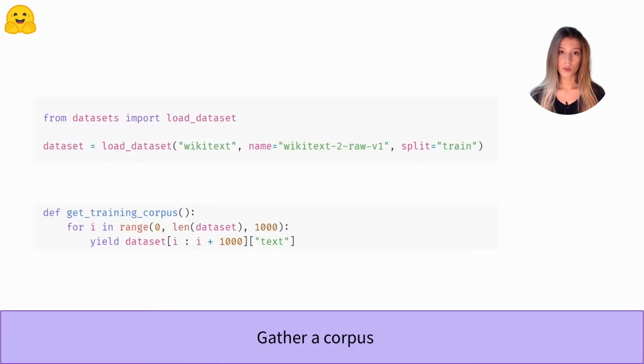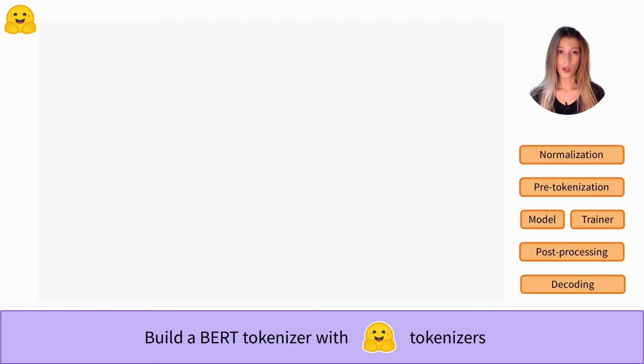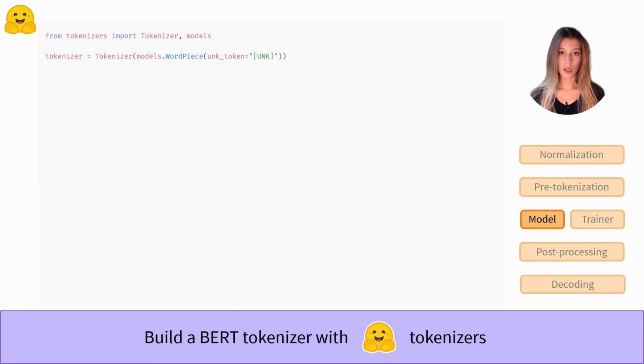The first thing to do is to create a dataset. With this code snippet, you can create an iterator on the dataset wikitext-2-raw-v1, which is a rather small dataset in English, perfect for an example. We attack here the big part, the design of our tokenizer with the tokenizers library. We start by initializing a tokenizer instance with a WordPiece model because it is the model used by BERT.